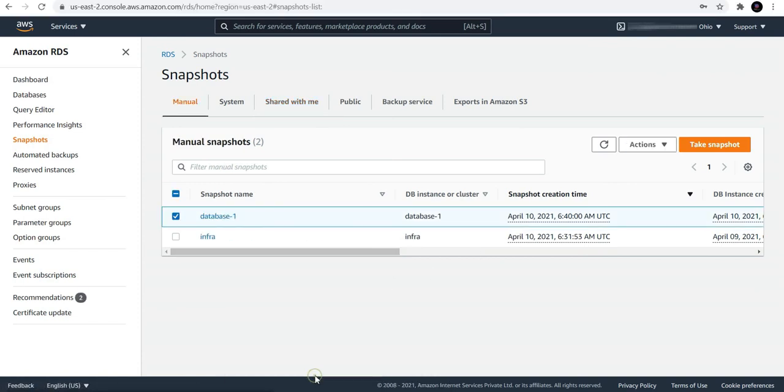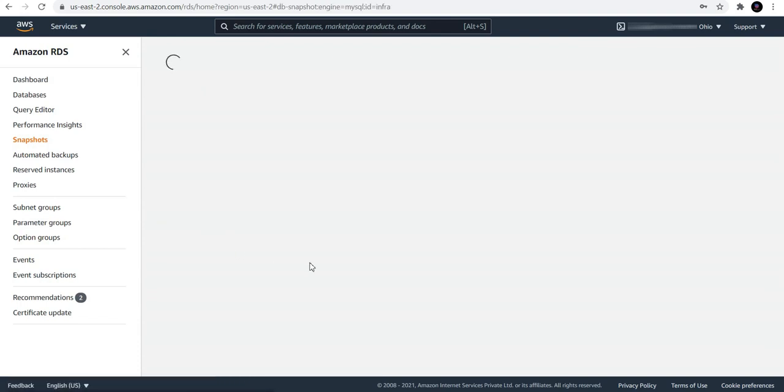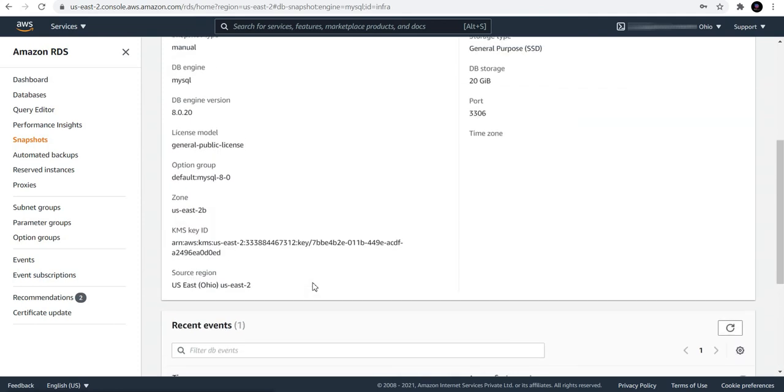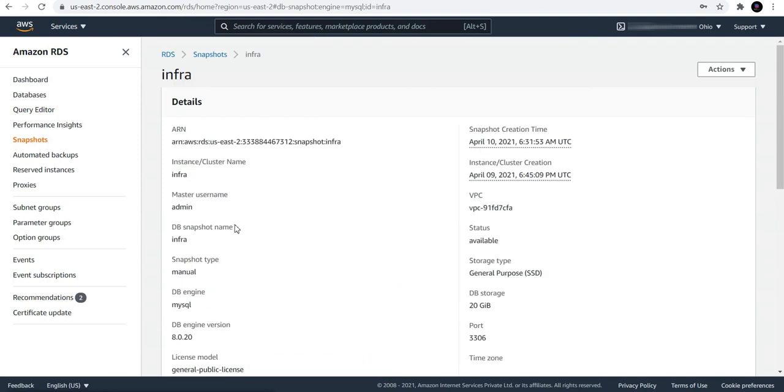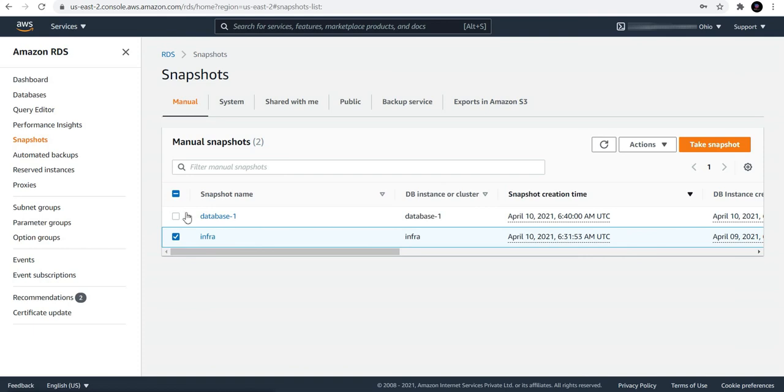Let me go in here and delete both my manual snapshots. One was taken with the KMS key as infra, and the other one was taken with the KMS key as test, right? Which I created for this video.